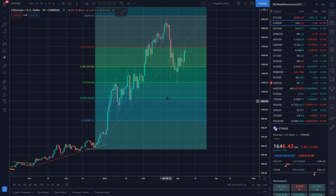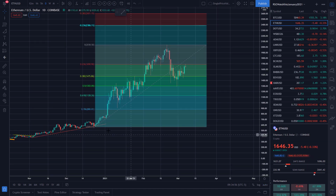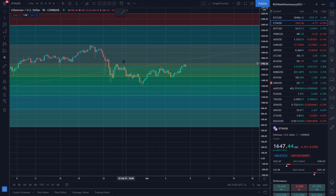Let's move on. Let's see what's happening with Ethereum. We have taken the fibs on Ethereum from the bottom to the top. We've had a 50% retracement. We have the same comments on this one. If the price starts to break strongly above 1710, and it's finding some resistance here as we speak, but if it starts to break strongly above 1710 on good volume,